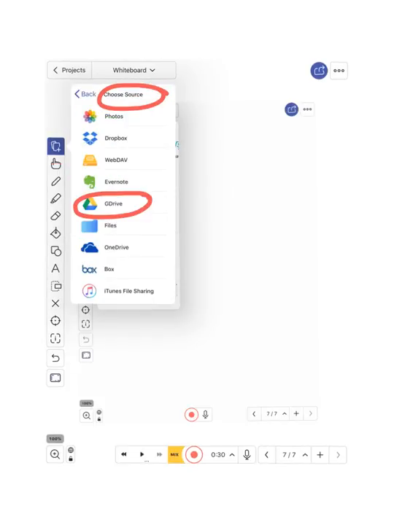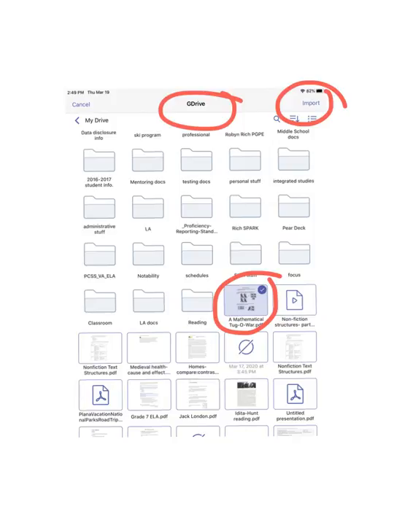Okay, I'm getting ready to put a file on my whiteboard, so I selected the top tool, the little document with the little slanty one and the plus, and then it asked me what I wanted, and I said file, and then when you choose that, it'll ask you to choose source. So the source that I use is my Google Drive. That's where I'm keeping everything for this remote learning. So here's my Google Drive